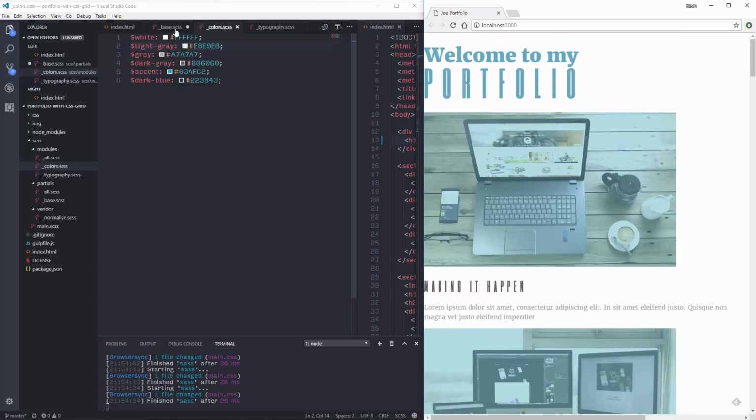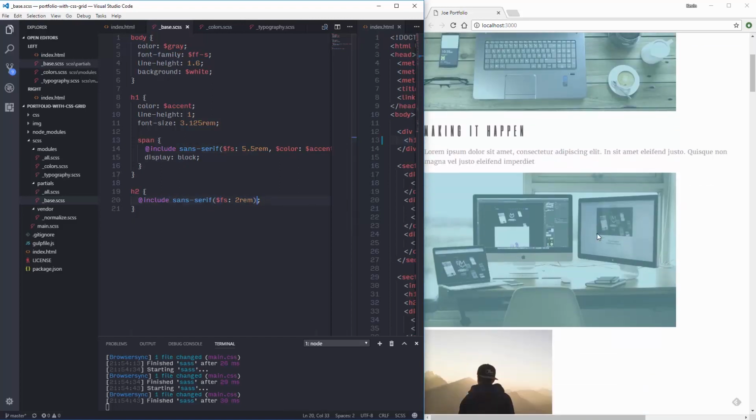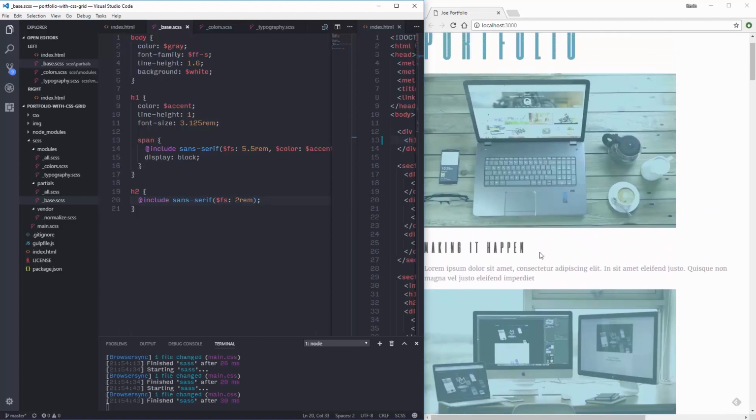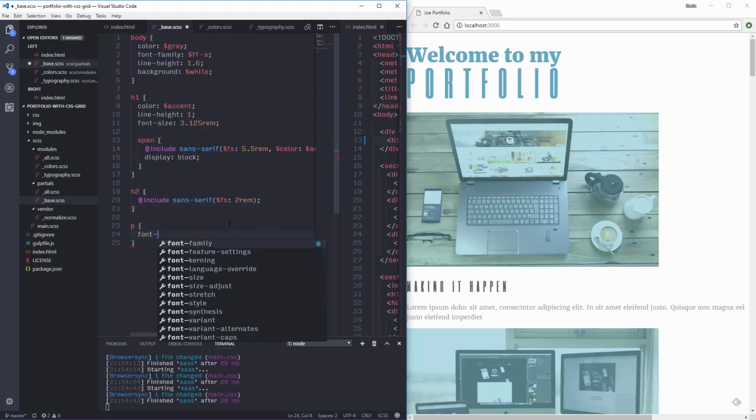Cool. Good, good, good. So sorry about that little detour in setting up this little mix-in, but I do think it's a really useful mix-in to have. Just because mix-ins are awesome when we can use them. And my letter spacing looks pretty good on that. And of course, the one last thing that I just completely forgot about is my actual paragraphs, because they're not too far off. This is, I think, just going to be a font